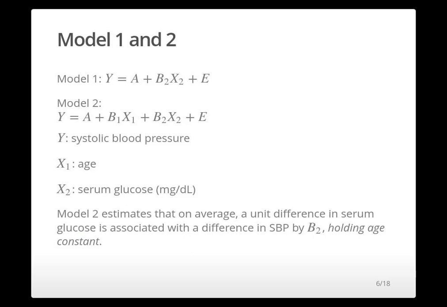What about the last term in Model 2, E? It is assumed to represent some random variations, the mean value of which is 0. So when X2 increases by 1, the corresponding increase in Y may be greater than B2, if E is positive, or smaller than B2, if E is negative. But on average, the increase in Y should be B2, according to Model 2. We study about E more in Session 5. This is an intuitive explanation. There is a more mathematical explanation, which we will study in a later session.